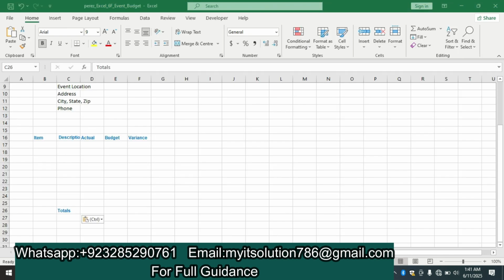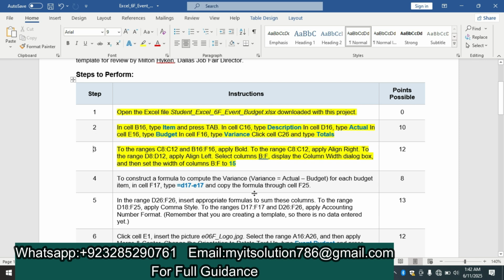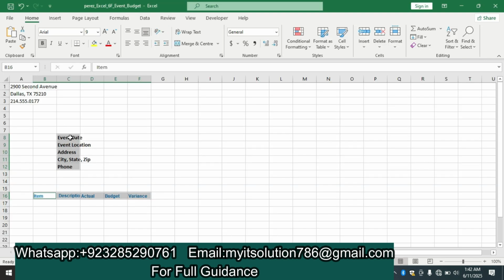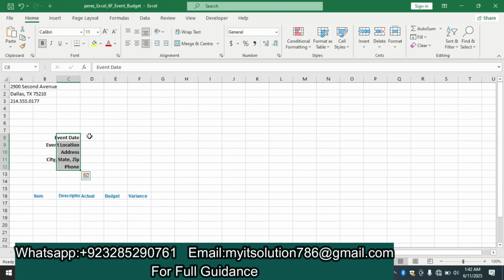So we select the range C8 to C12 and B16 to F16 we apply bold and to the range C8 to C12 we select the range first, apply alignment right, and to the range D8 to D12 select D8 to D12 apply alignment left